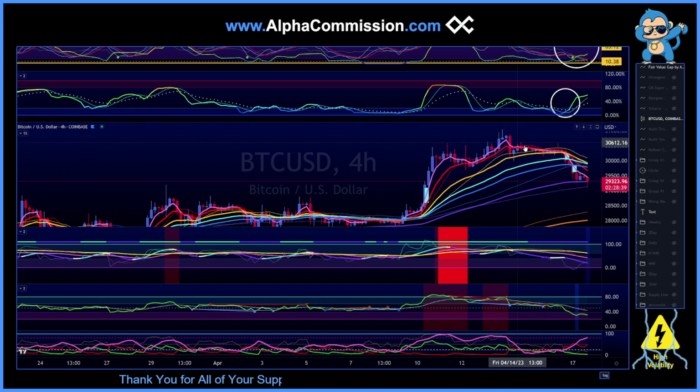So it had a couple of different waves of pushing down: push down, sideways, push down, and it's not quite done yet. So essentially the 4-hour and the daily agree there might be a part 2 of this. There might be a next wave down, at least sideways, and that there might be a part 2 down. The 12-hour says it's kind of done with it, but it could flip around fast